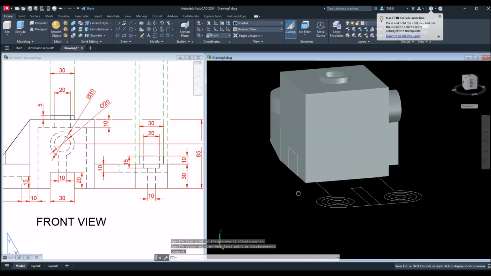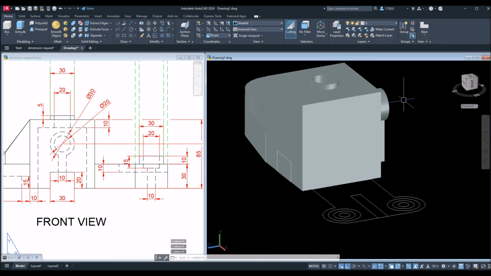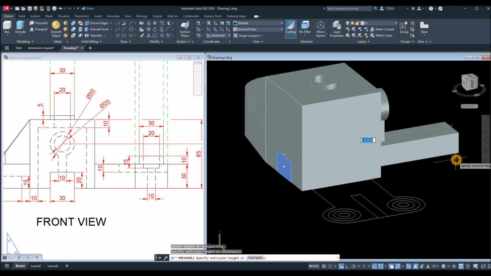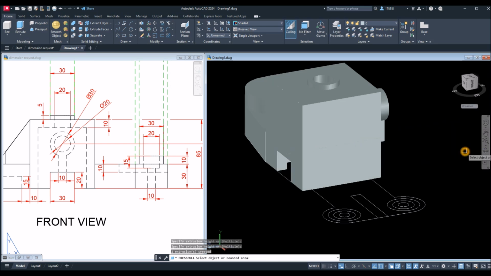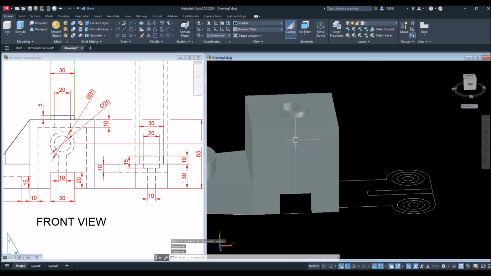Now I'm gonna poke a hole through this object here. So just use press pull command, hover over that rectangle, left click, let go, move your cursor to that direction, and left click again. This area is done, and the next one would